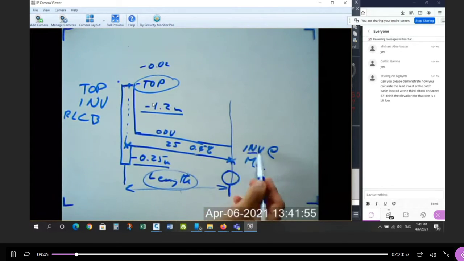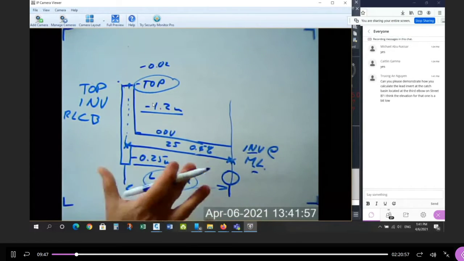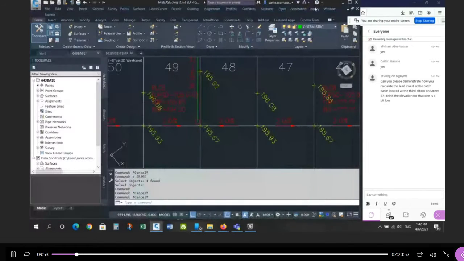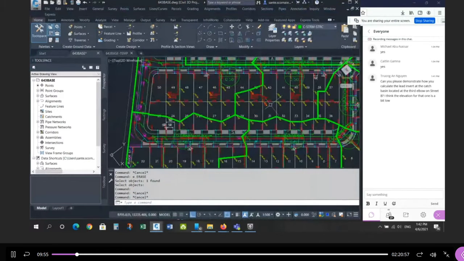And that'll give you the invert at the main line. You do this 10 times. We have 10 rear lot catch basins. For the first 4 up at the top, so these 4 in the middle of the site, to